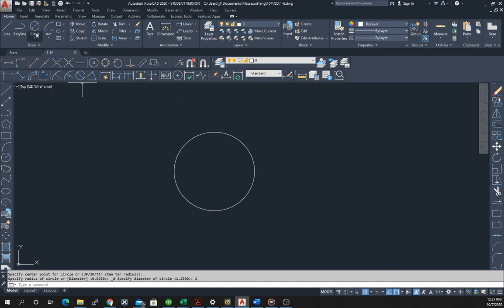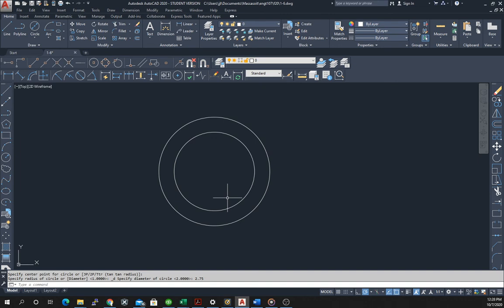Now we want another circle. We go back to circle. And if you notice, when I first went to put the circle in, you couldn't see. I'm going to do this again. When I first go to put the circle in, you can't see that center point. If you go to find the center point, you don't see it. So if you hover over the edge, the center point will appear. So once you see the center point, you can come to the center, click enter, and then we can type 2.75